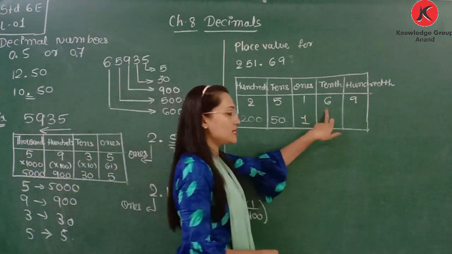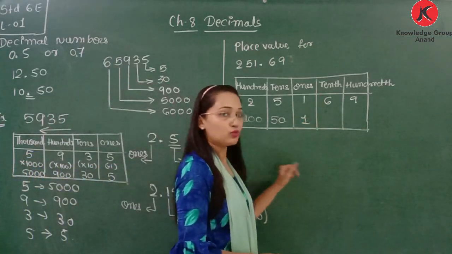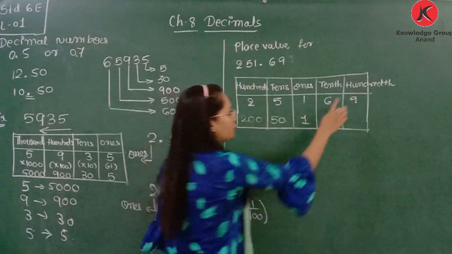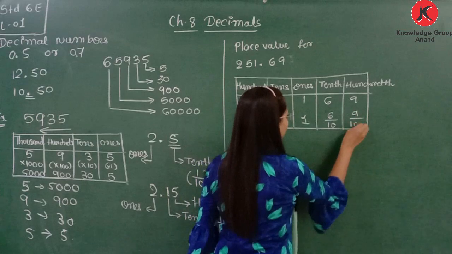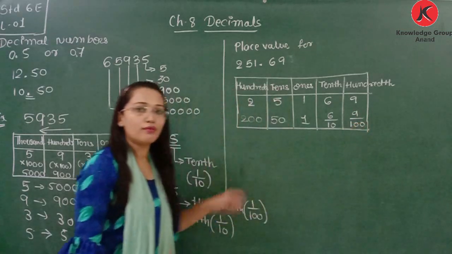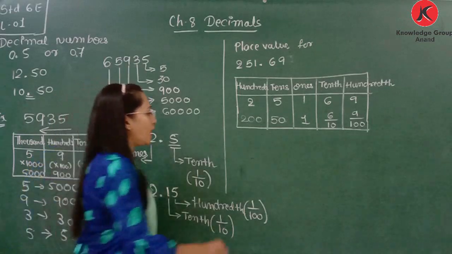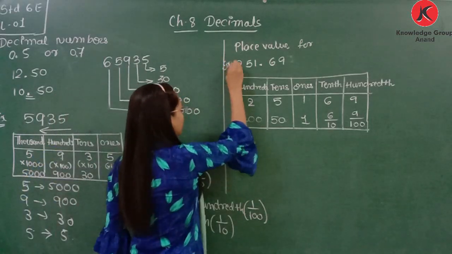Now for 6, that is in the 10th place, it means divide by 10, so the place value of 6 is 6 by 10. And for 9, it is 9 by 100. Okay, so this way we can get the place value when the number is a decimal. Now if we take one more example,